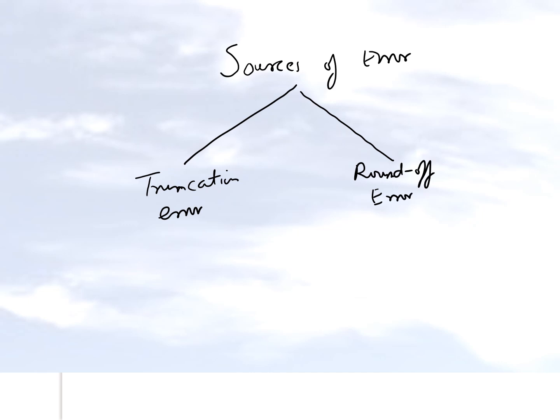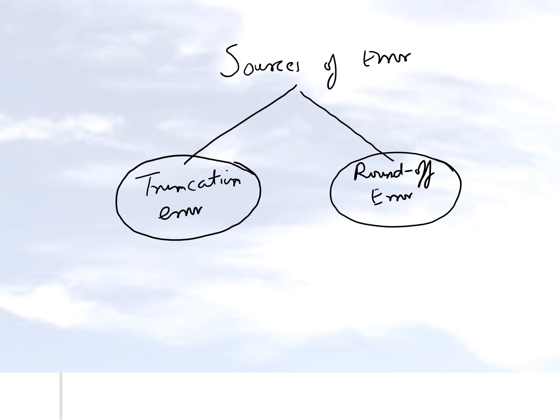Although this segment is talking about truncation error, it's important to mention both these sources of error because some people will use them interchangeably, which is not a good thing. Truncation error is when you're approximating a mathematical procedure, an error is going to take place. While a round-off error is only associated with numbers. When you're approximating a number, whatever error is associated with that is called the round-off error. So let's talk about truncation error, and then we will talk about some examples of that.